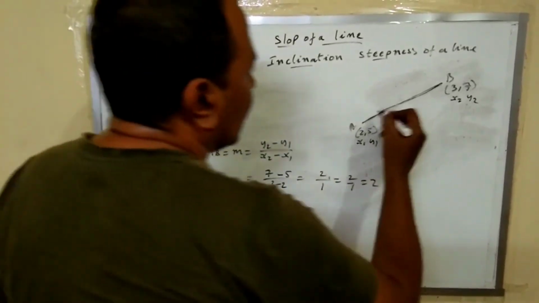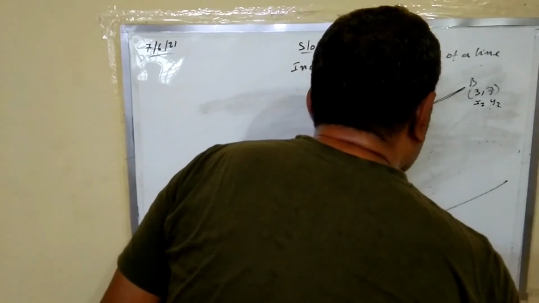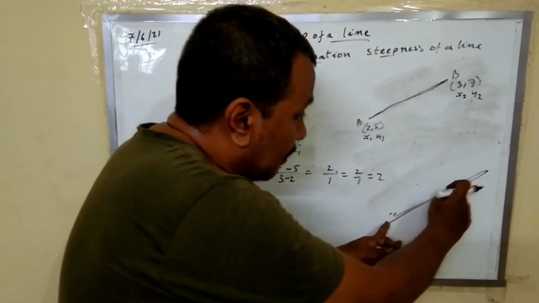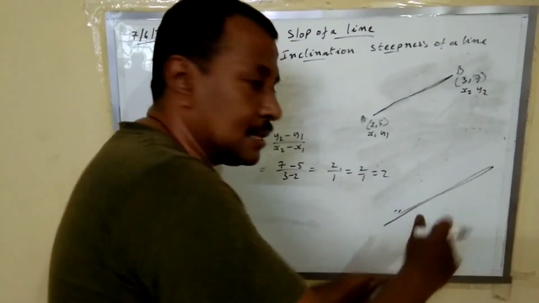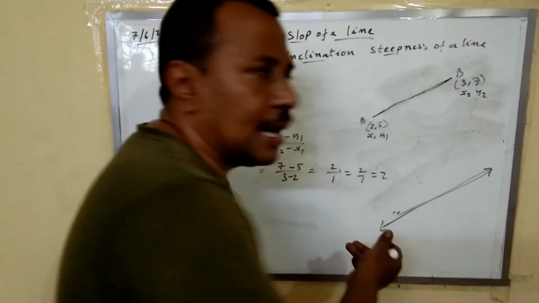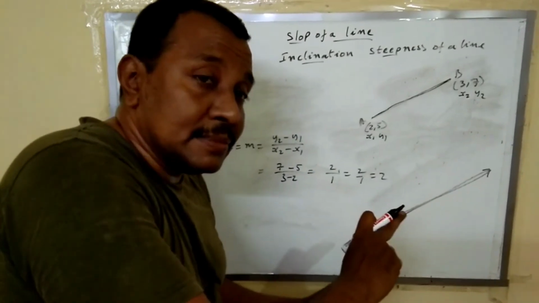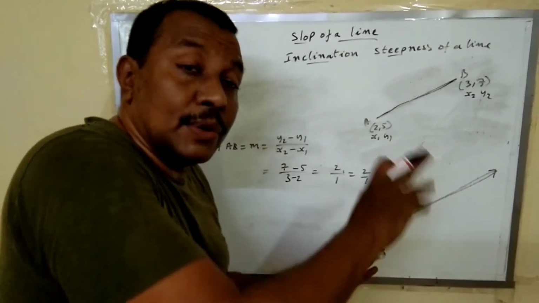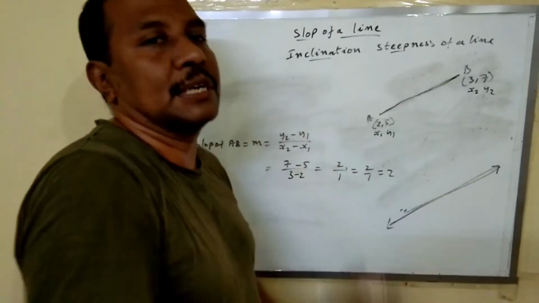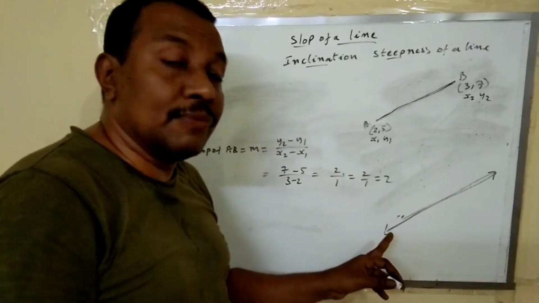Okay. You can take any coordinates in between. A line has so many points, so you can take any 2 points from this line, any 2 coordinates. So here this is a line AB. This is not a line segment actually. The line has so many coordinates. From that line, which makes a certain angle, you can take any 2 points and find the slope. The slope will be constant. You will get the same answer for that particular line, not for another line.